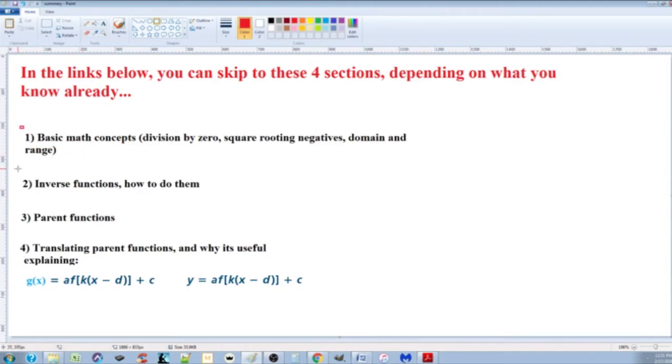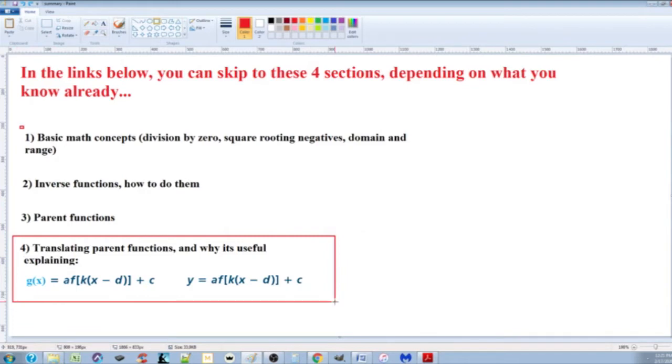Or you can skip to section 2, where we'll go through how to create the inverse function of any function. It's not that hard. It just takes time and practice. We'll more importantly look at parent functions. Now the point of parent functions, and once you learn those, you can create any of the other functions through translation. The reason you learn the parent functions is so that you don't have to calculate out all the other functions. And then we'll probably look at what you're having trouble with, which is translating parent functions and why it's